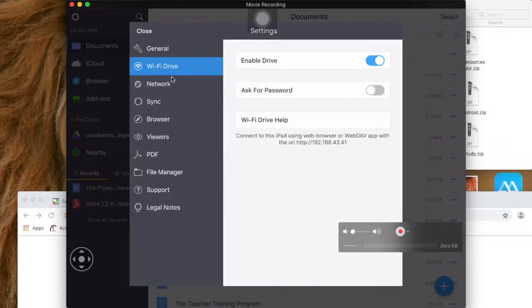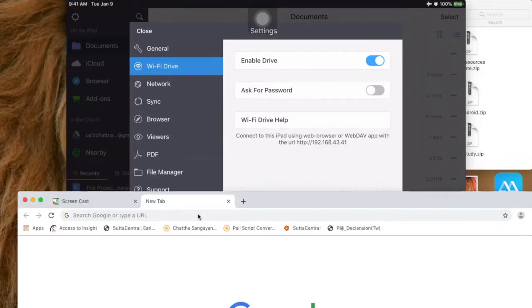That's the web server that you have to create. So here you have to enable this drive, and then it will give you this URL that you can connect to. You just type this in a browser,